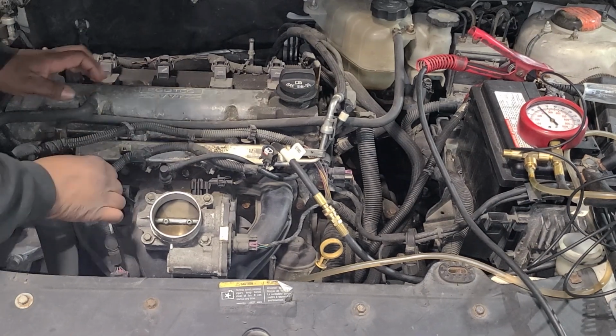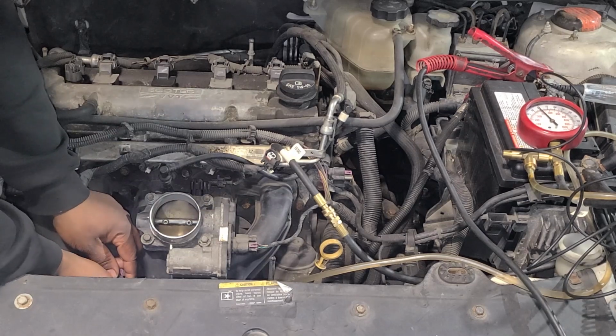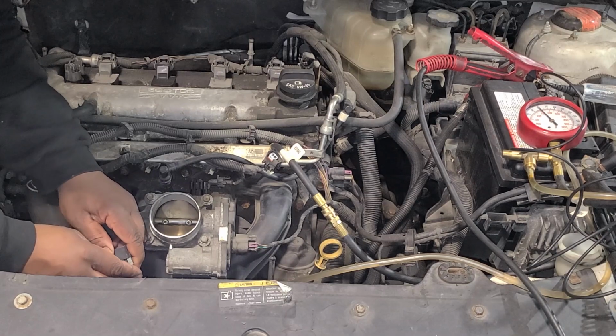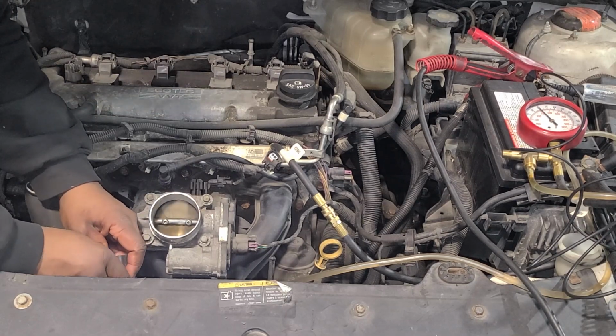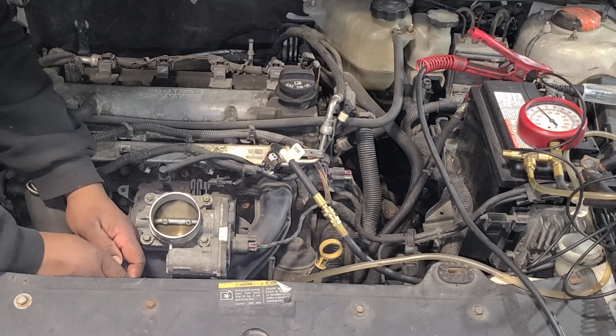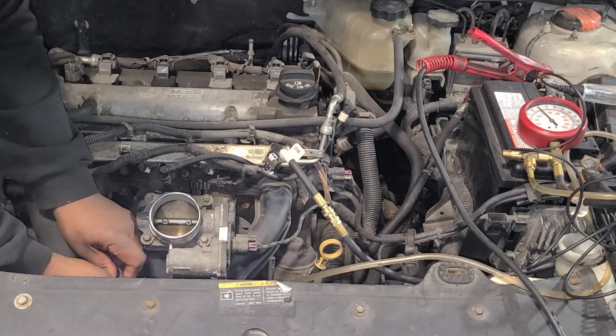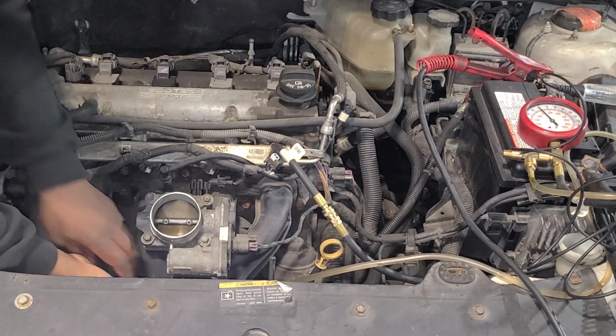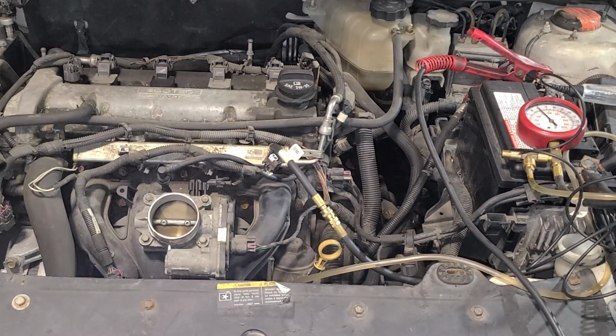You can see how we got a whole, oh wait, this came unplugged. How did that, hold on, wait. That's not plugged up, and that goes to our injectors. How in the world did that happen? Huh. So we got that plugged back up. Wait, so let's try this again here